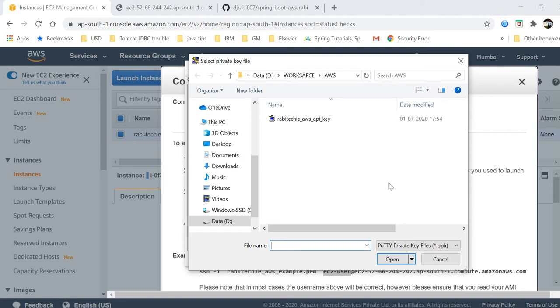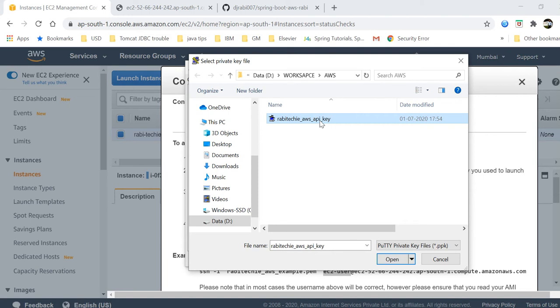For Mac or Linux, you can directly use the PEM file, which I generated as part of the AWS instance creation. For Windows, we need to prepare the PPK file. I will show how the PPK file can be generated. Why do we need the .ppk file?